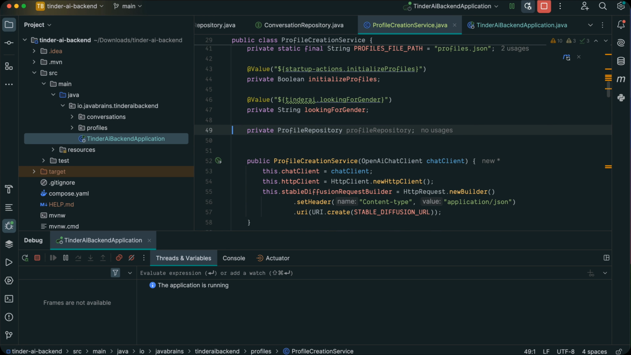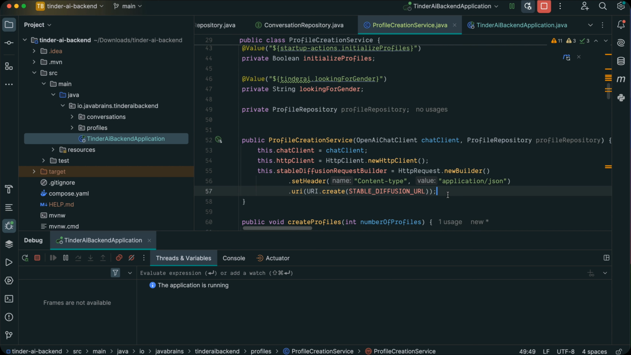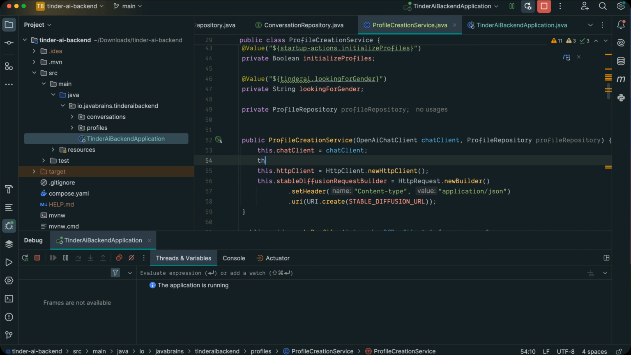I'm not going to auto-wire this. I'm going to use constructor injection. Just like I'm getting the OpenAI chat client, I'm going to get the profile repository as well. And I'm going to say this.profileRepository equals profileRepository, standard dependency injection. And now